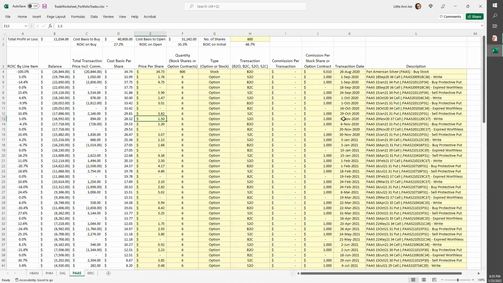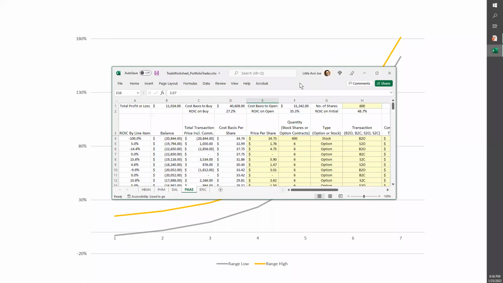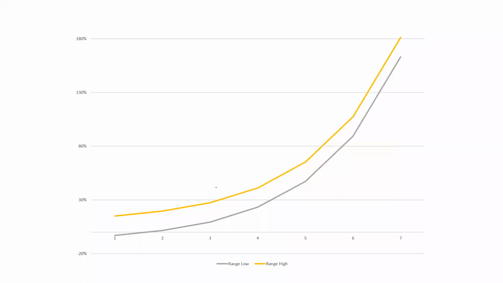One day a month, I'll sell my premium. I'll buy my protection. Then I'll wait for the third Friday of the month. I'll either get exercised or it winds up expiring worthless. Then I'll look for an opportunity to sell my insurance back and then rinse and repeat. I'm doing 2 days of trading a month. I'm not day trading. I'm not sitting in front of my computer. I'm doing 2 days of day trading per month. Does that make sense? So the key here, this is that position. This is just the first 7 months.